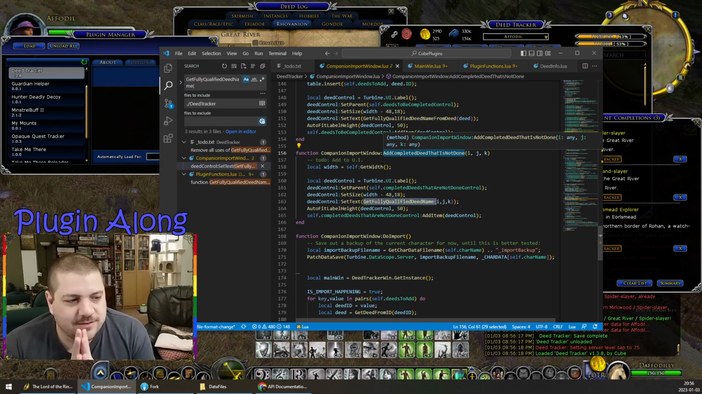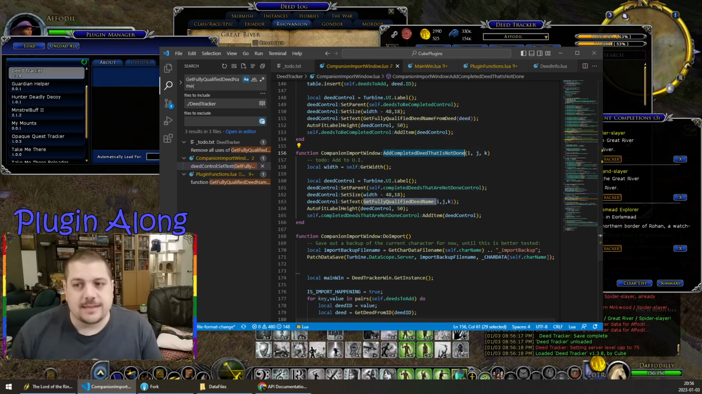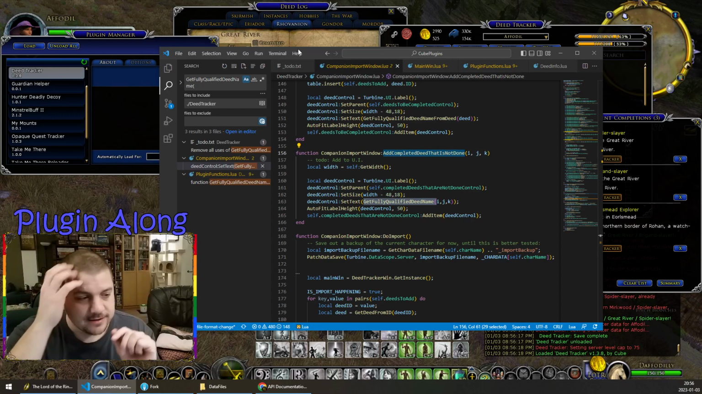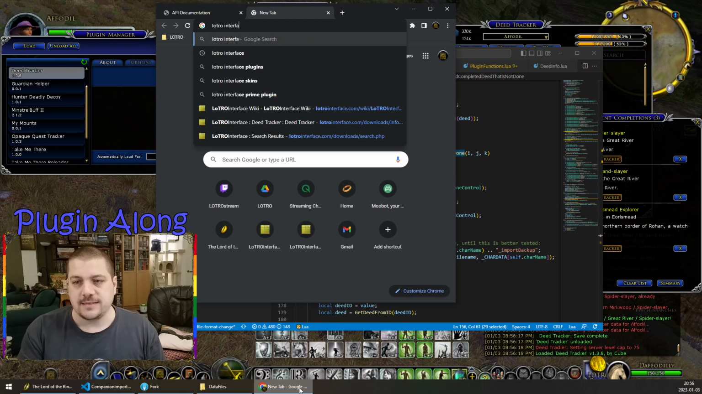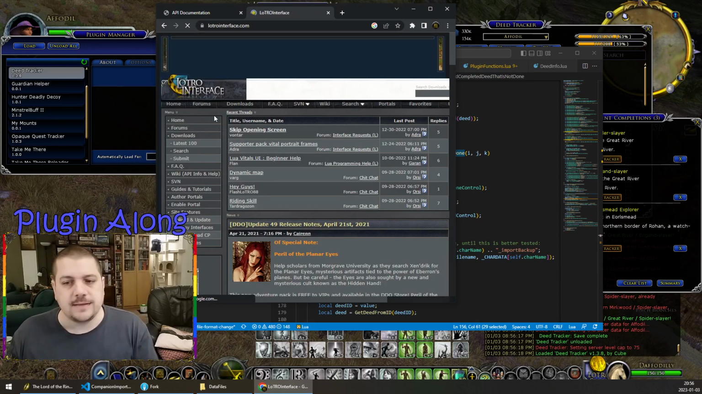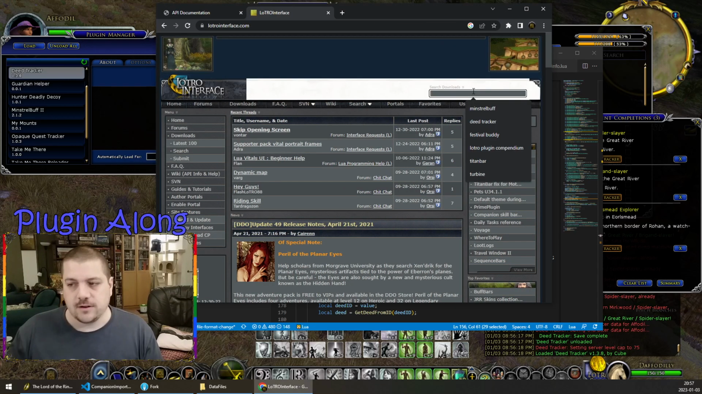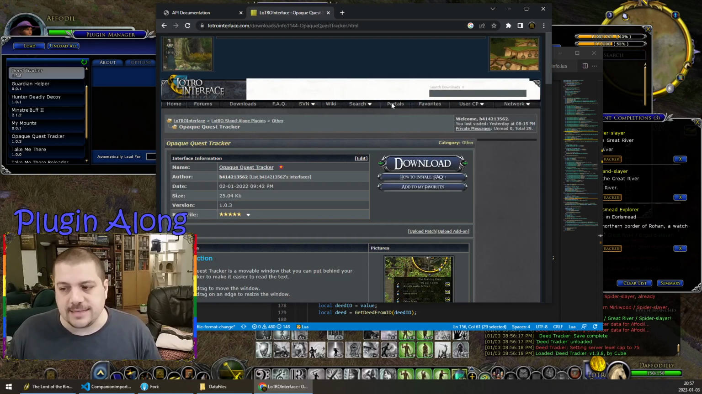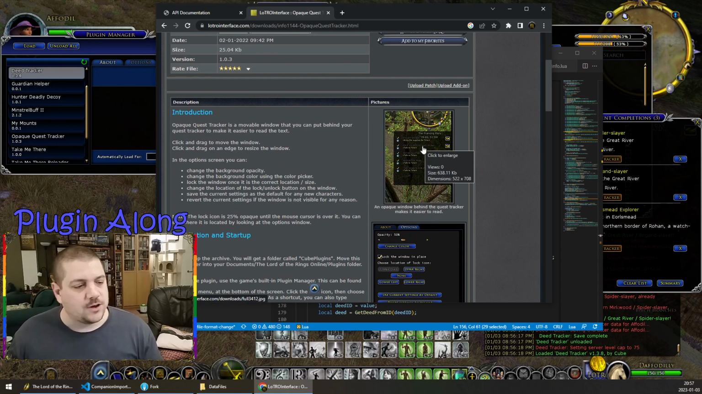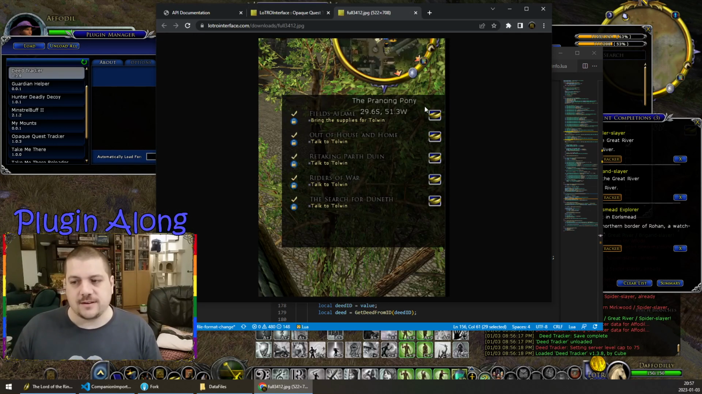Mega says, it looks so hard. So, programming plugins for Lord of the Rings Online scales with the difficulty of what you're trying to do. So, kind of my classic, what is the simplest thing that you can do and be a plugin, is if you go to lotrointerface.com, I'm just going to do a search for it, and you go to the opaque quest tracker. This is a box, an opaque box that sits underneath your quest tracker, makes it easier to read the